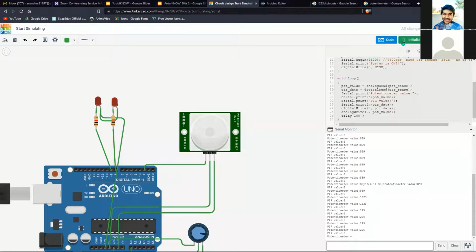Yeah, sure, I will just paste the code in the chat. So once we get this out, if you see here, the system